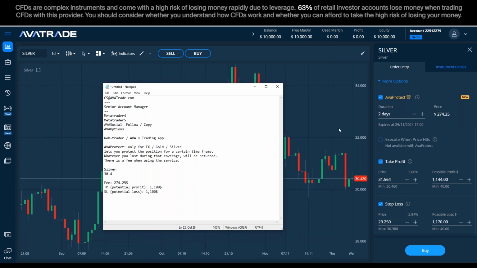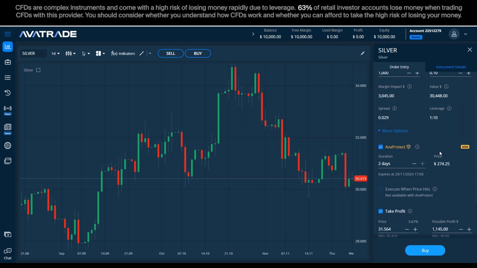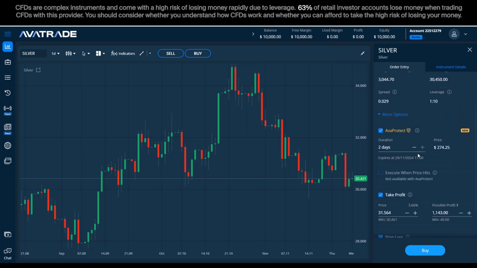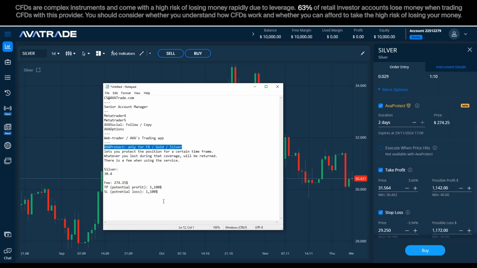Okay, so as we said, a few simple rules. One, it's only for currencies, gold and silver. Two, when we take the coverage, we cannot expand to a longer coverage. And the third principle is that we would like to make a quick comparison between what we are about to do on the position and the fee that we're paying, so we won't end up using this product inefficiently.